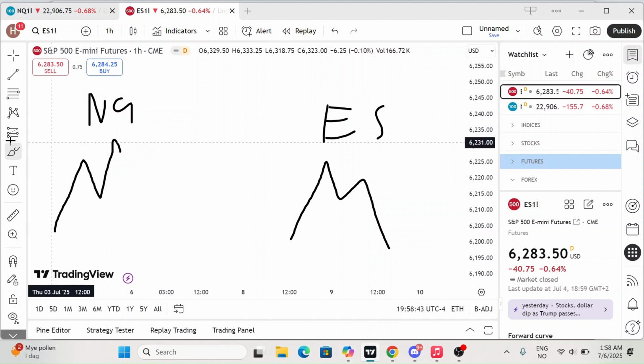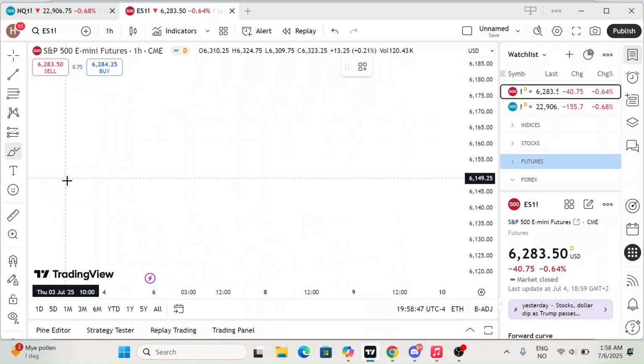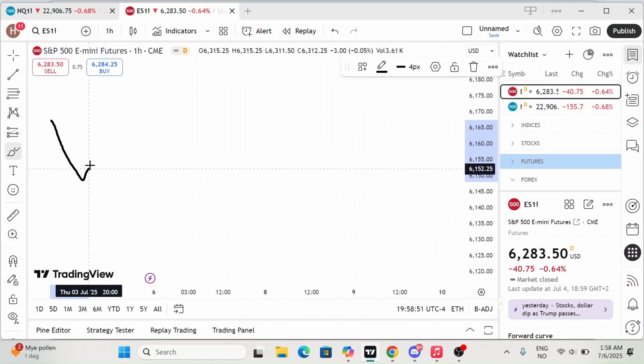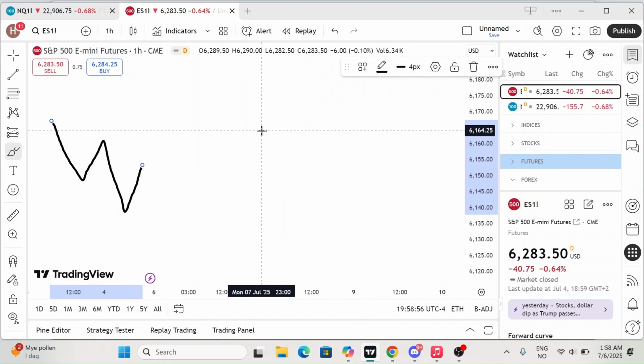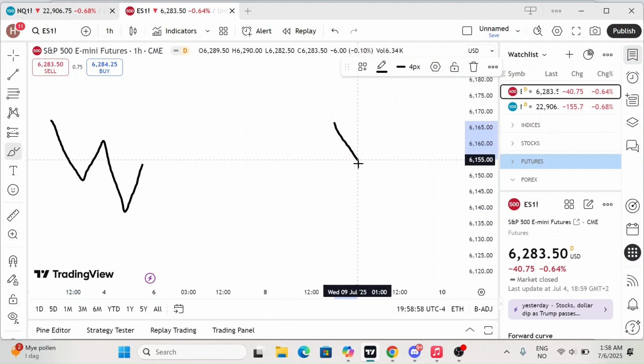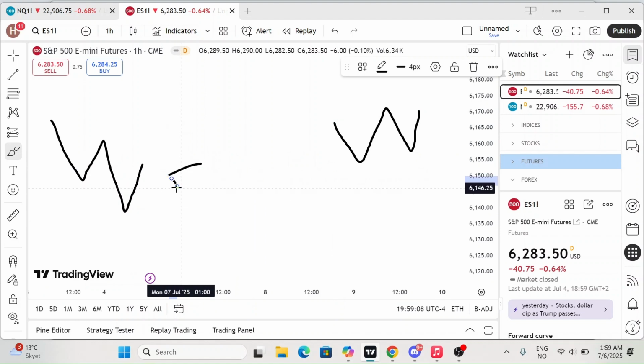You have the same kind of thing in the other direction, for example, where NQ or ES could make a lower low and then another lower low, but the other indice makes a low and then it makes a higher low, right? Right here you will have an SMT divergence again, and this will be a really good long opportunity on this indice right here, because this is